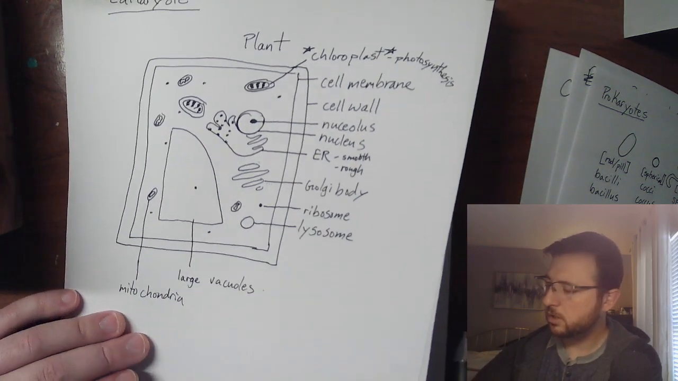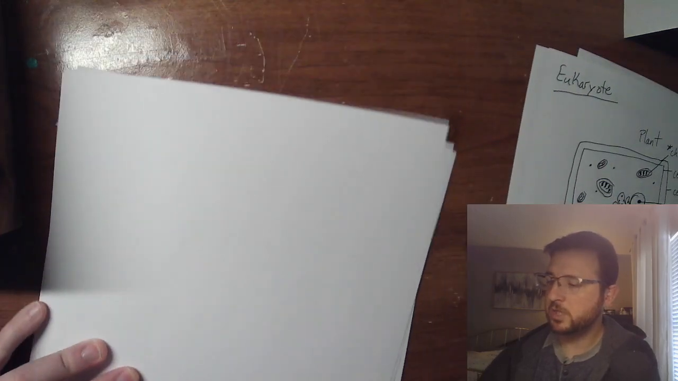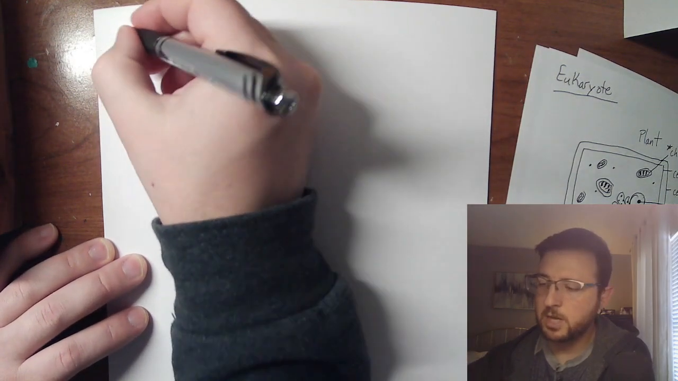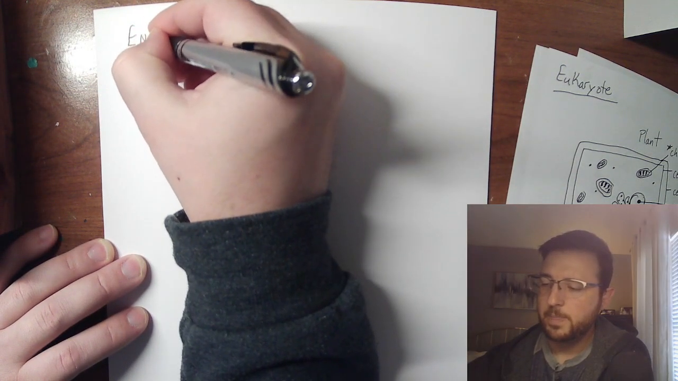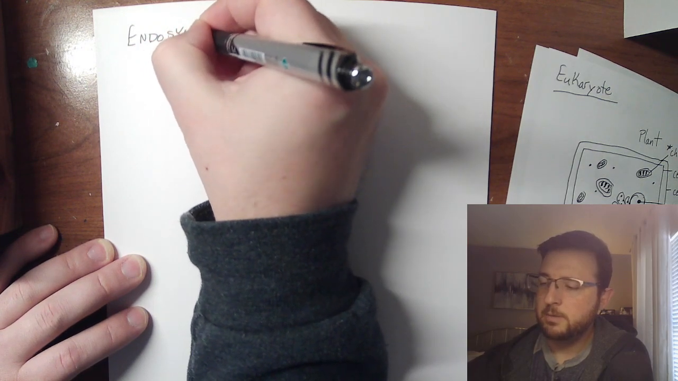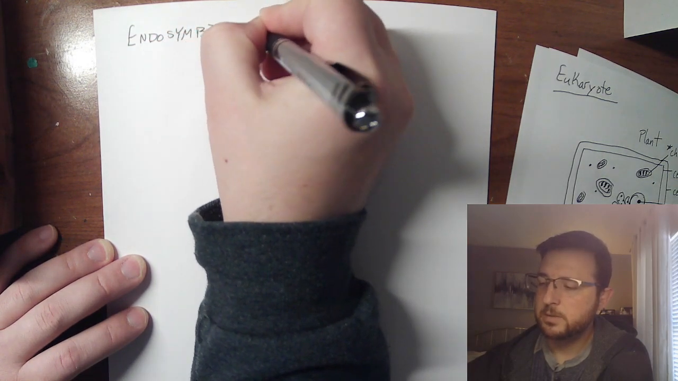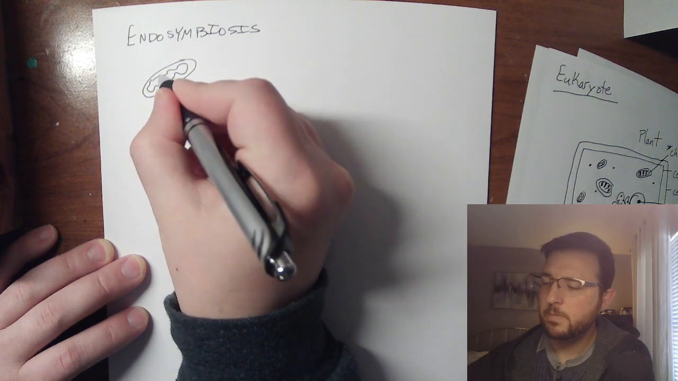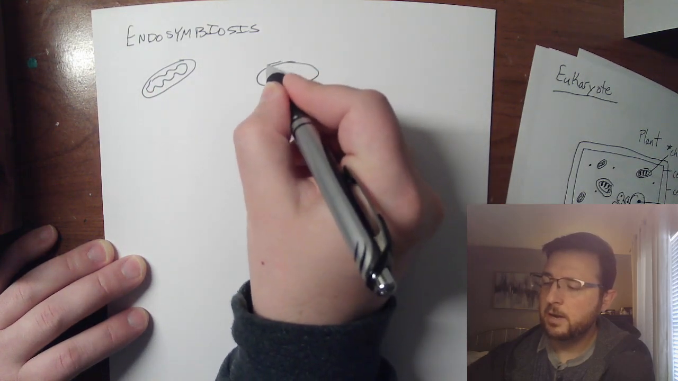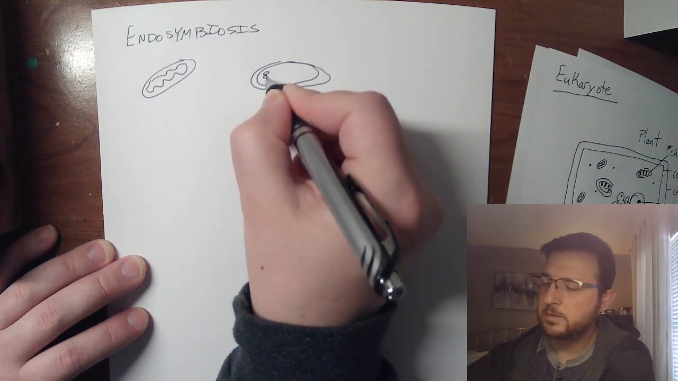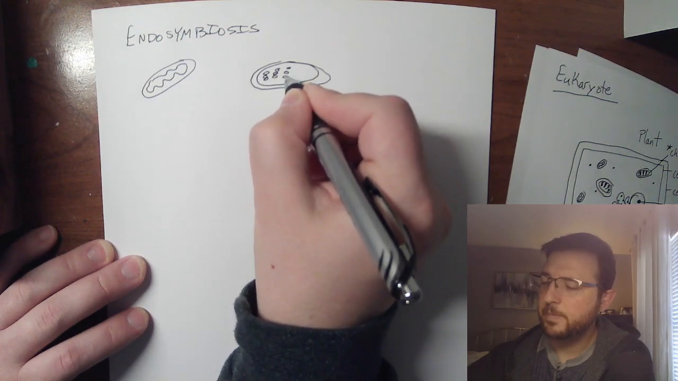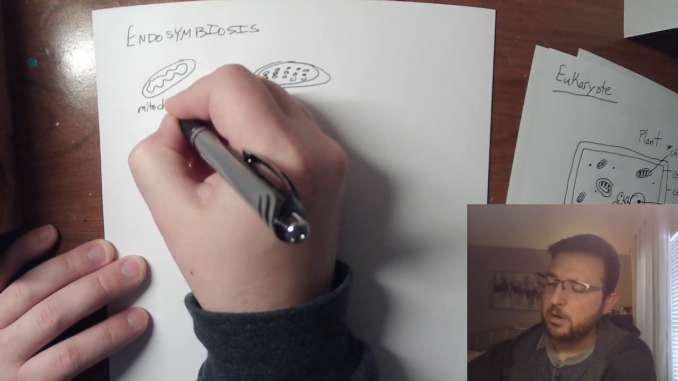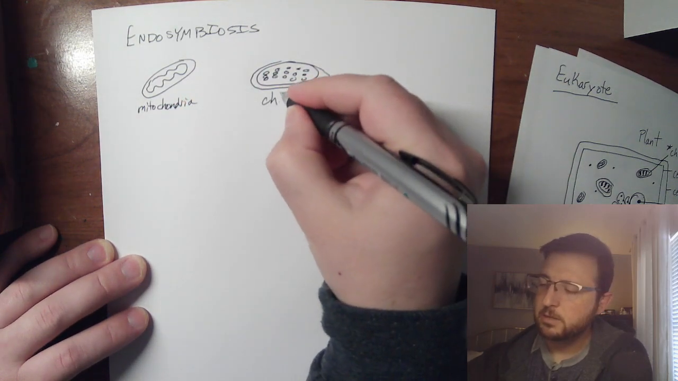Okay, so let's go to another page. We got lots of notes for this one, right? I'm going to quickly organize this. This is going to be the last thing we talk about, so stay with me. Endosymbiosis, right? We've got our mitochondria, and plants have chloroplasts. Mitochondria and chloroplasts